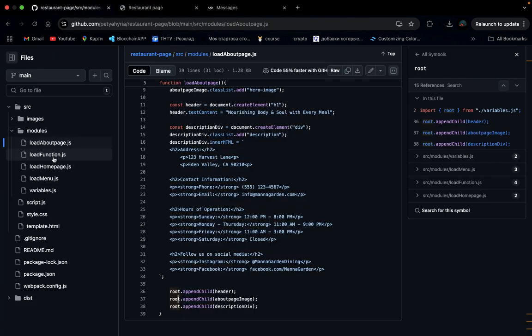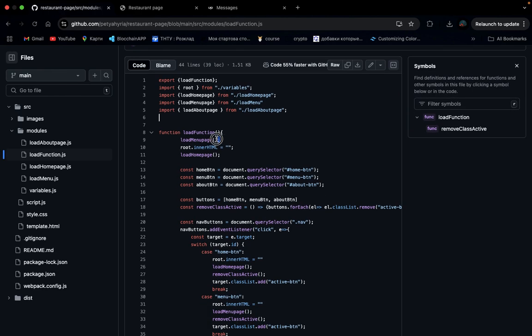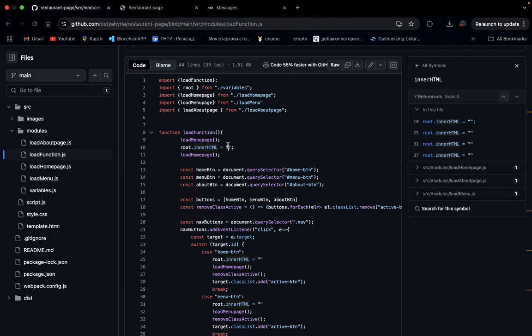I implement this by a load function. I import all my functions that generate code for our pages, like the home page, menu, and about page, and load the homepage by default, and innerHTML just empties it first. And let's see,